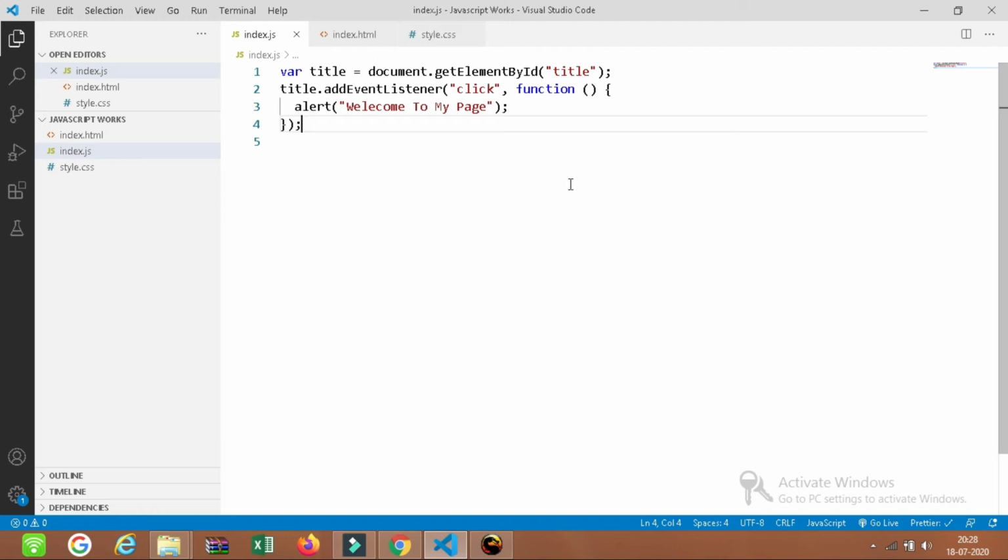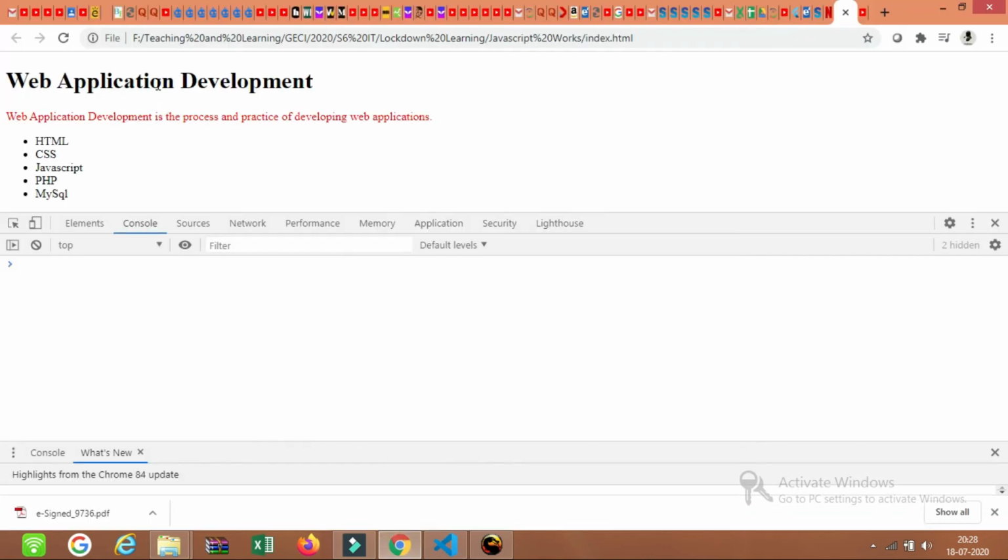This function can also have some arguments. Next, what we want to do is, whenever I click on this h1 text, its color should change from black to red. For that purpose, I need one thing. Whenever I click on this, the browser needs to understand that I clicked on this particular element.